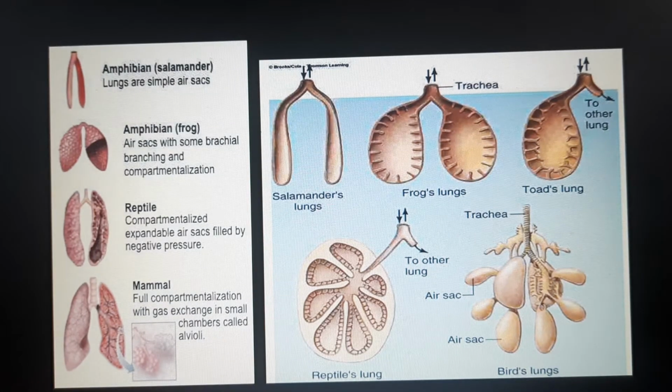Respiration is a process involving exchange of gases between an organism and its surroundings. In invertebrates, from protozoa to annelids, exchange of gases occurs by the general body surface without any specialized respiratory structures, whereas in vertebrates, pharyngeal gills in aquatic and lungs in terrestrial animals are variously modified. In the diagram, you can see the structure of lungs of various vertebrates, which are so different from each other.